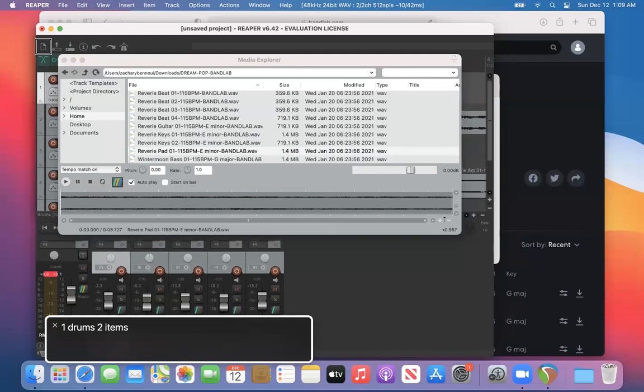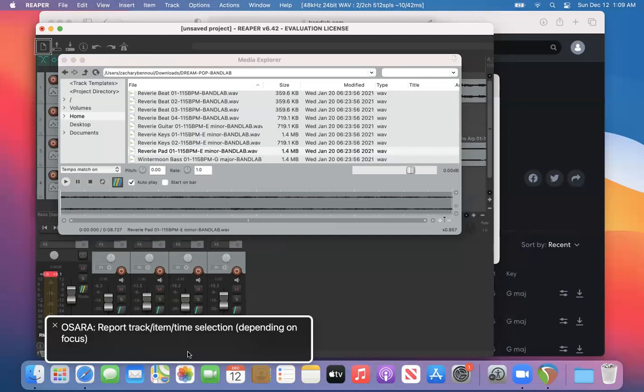Let's check on the shortcut help. F12 key, shortcut help on. OSARA: Report track item time selection, depending on whether it's checked or unchecked. I believe it's one of the F12 keys. It actually might be Command Space, and for that you would need to disable the Spotlight